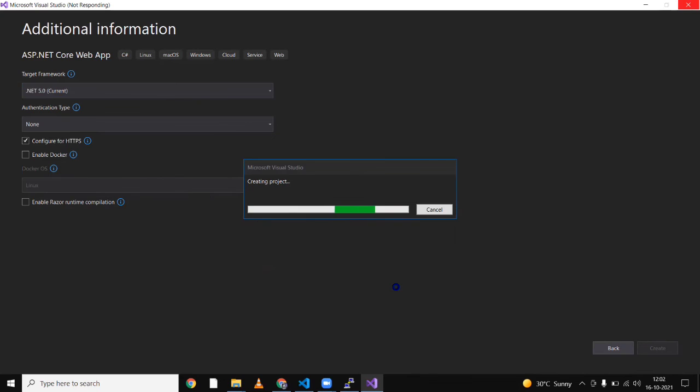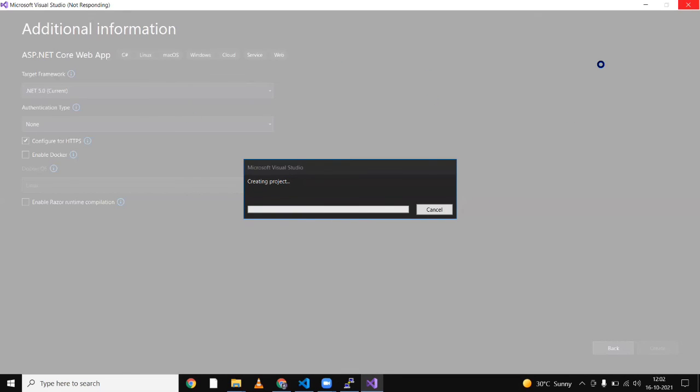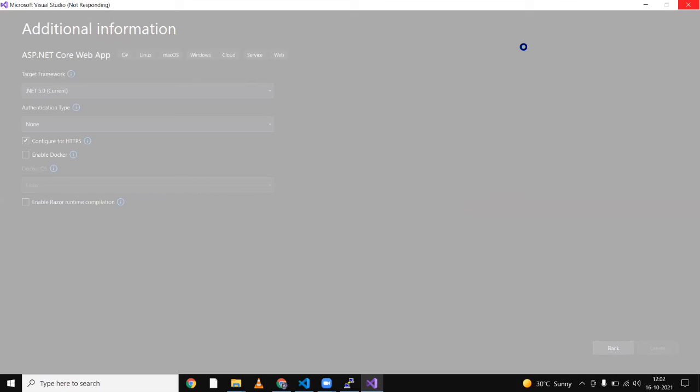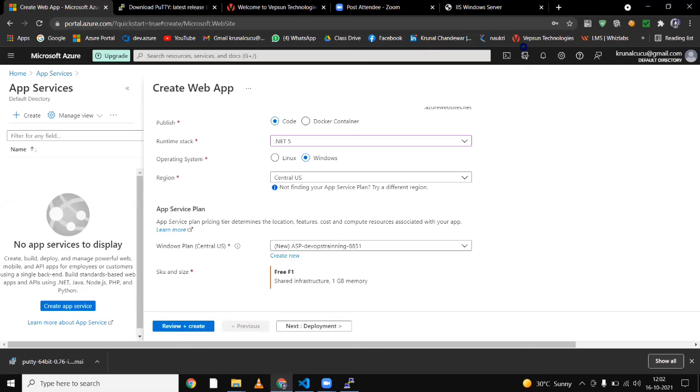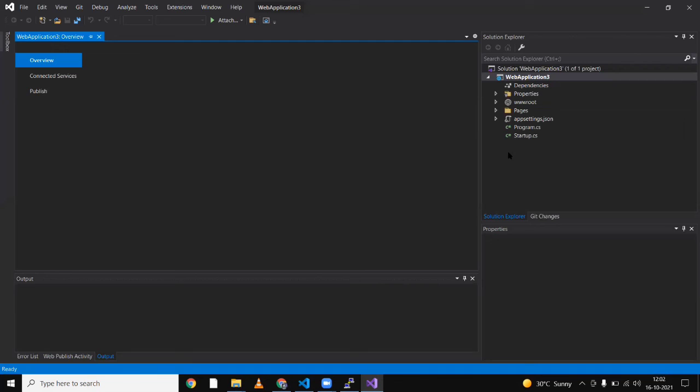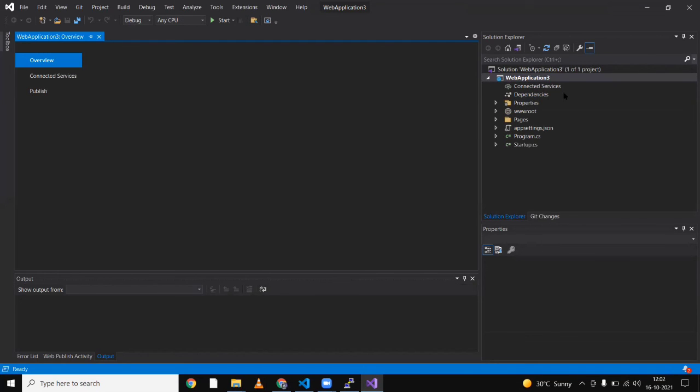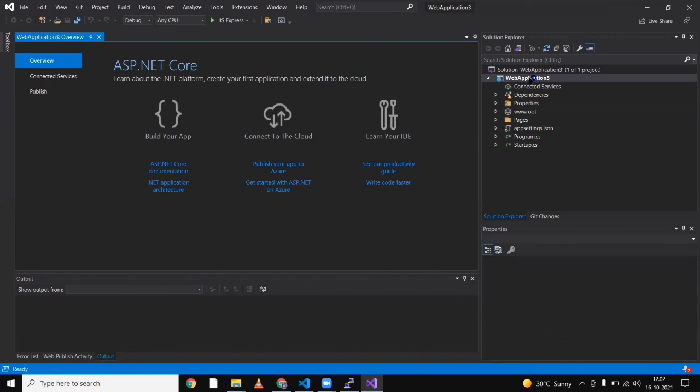Now we have exceeded the time. Tomorrow we will discuss everything, and whatever questions you ask me, I will answer, because that Docker container and those options we will get here. See, here is the web application we got. Whatever we create there, here we have to right click and publish our project, and a lot of things are there. Tomorrow, for a complete 2 hours, we will discuss only web app deployment, containers, Docker, and Kubernetes.